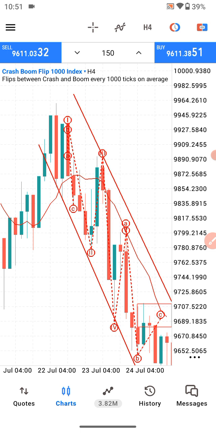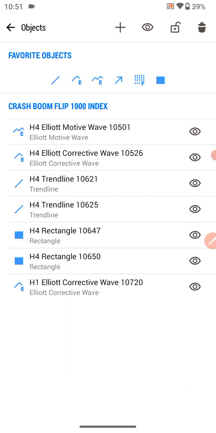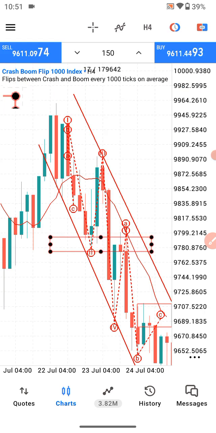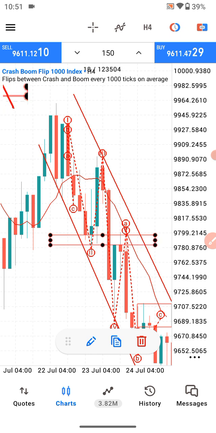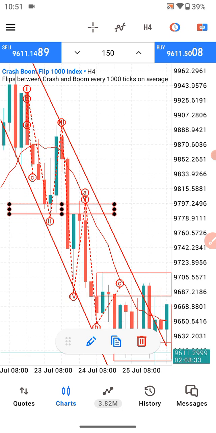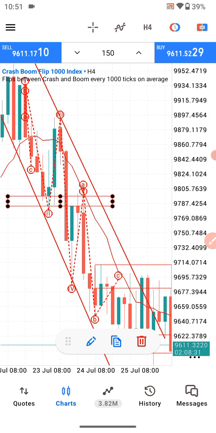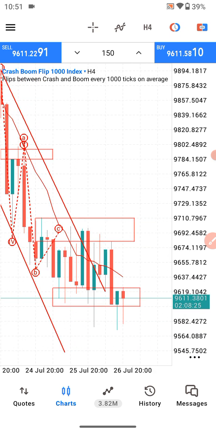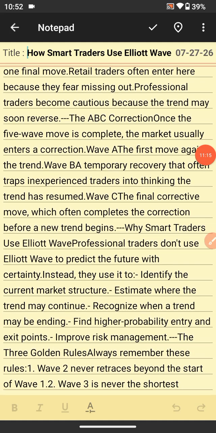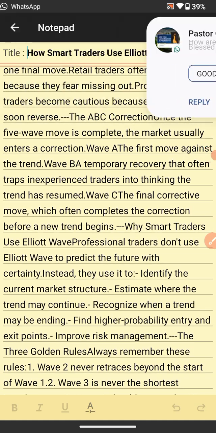So our wave 3 retraces only slightly into wave 2, and that is what we have here. This is wave 2, and the retracement was slight. You see, not even an inch was touching it. It was just the wick, and that is valid, and that is another wave. That is how wave 3 was decided here. So let's go back to the book as we read on this, just to show you what this pattern looks like on the real chart. All right, we stopped at why smart traders